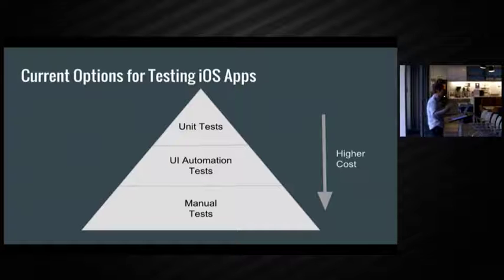So by this I mean, you install a build on a device, you have a real person sit down with some kind of script, run through, visually verify that certain things are working correctly. This is basically your typical QA team setup. This is the easiest to set up, but it doesn't really scale very well.